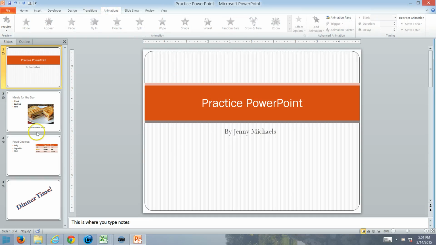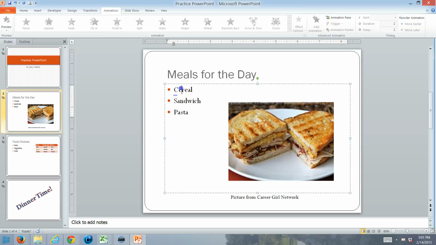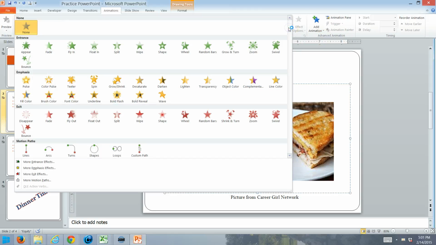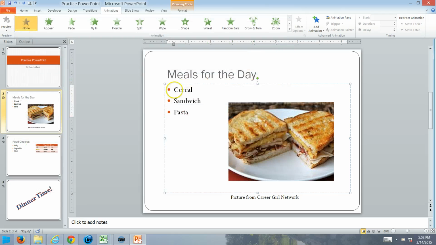And then the animations apply to our bulleted text. So if we want our bullets to come in while we talk, we need to first of all click where the bullets are. Don't select them all together, but just click anywhere in the text box, and then you can apply an animation. And you can see there's a whole bunch of them. Let's do fly in. We'll apply that one there. And then you can see when I run that,